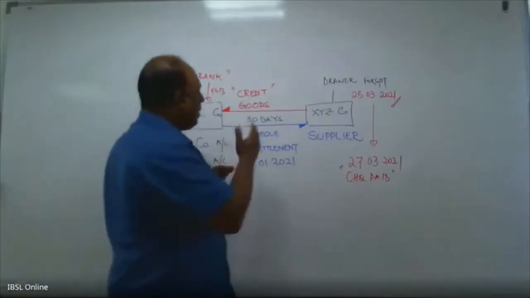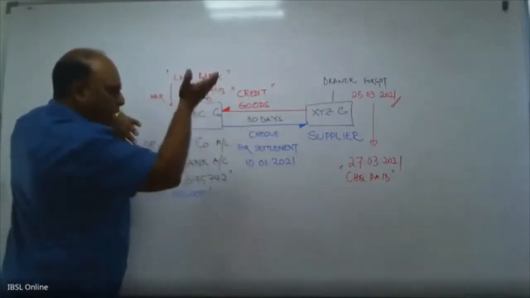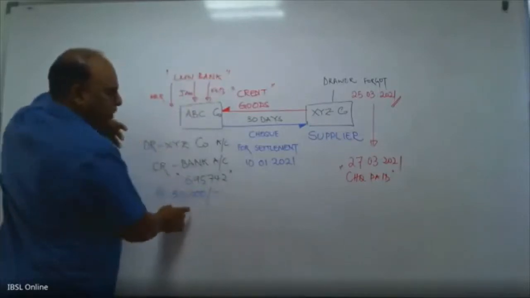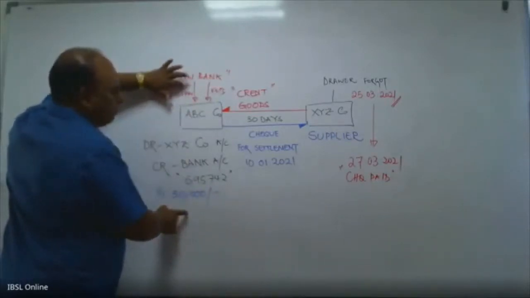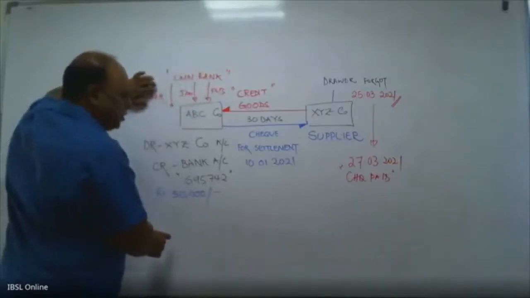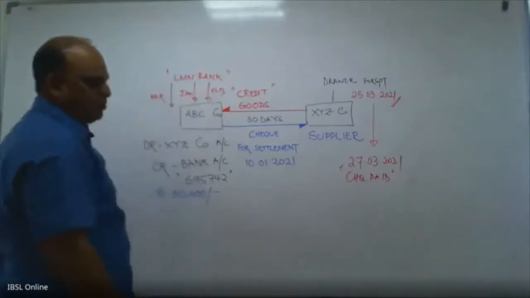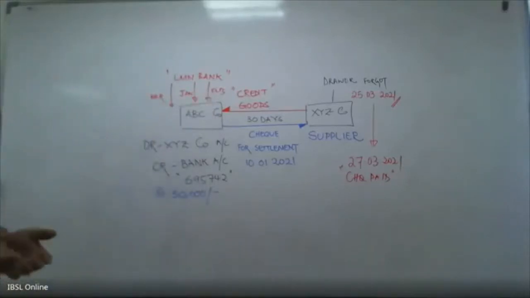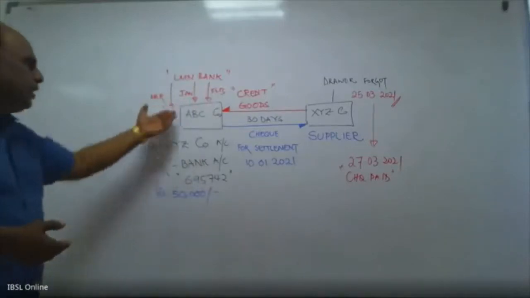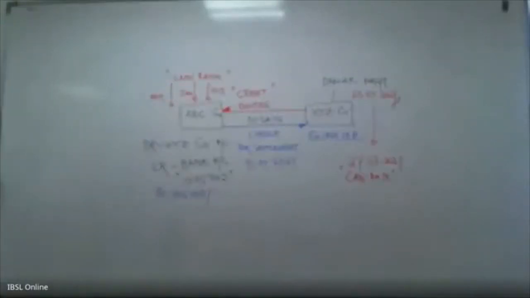But what will happen at LMN Bank? They will show my bank balance to be higher by 50,000 for January and February. Only when they come to March, they will reduce this 50,000 from my bank account. So in the statement of January and February, I will not see this. So obviously, there will be a difference between the two records. Do you understand that? The two records.